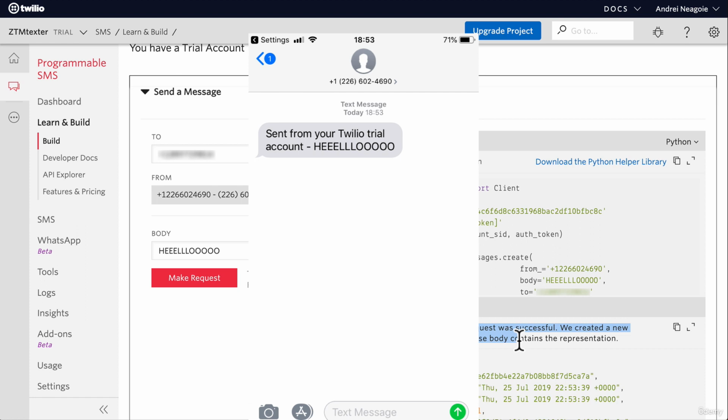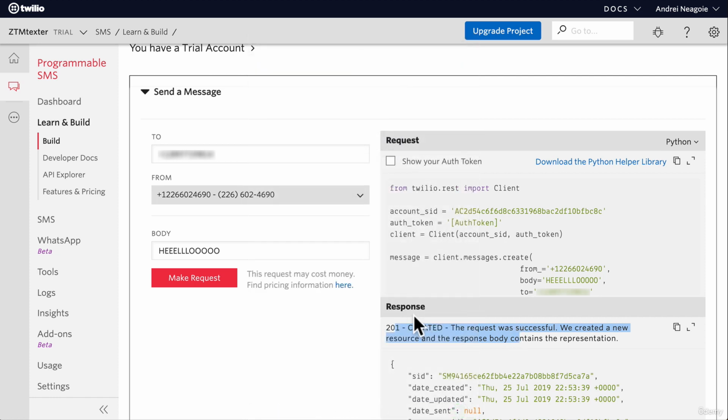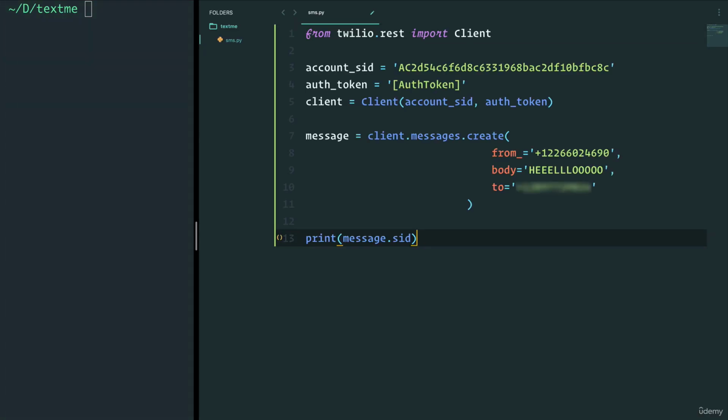It says hello. Now, mind you, it says that it's sent from a Twilio trial account. So obviously, when I have a fully paid non-trial account, it wouldn't say this, but this is awesome. I just received a text. All right, so I didn't even have to open anything really. I can just copy and paste this into